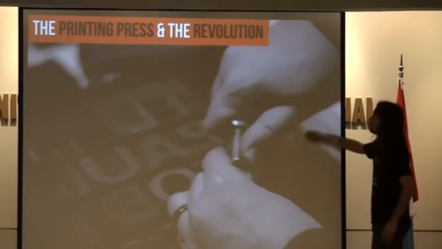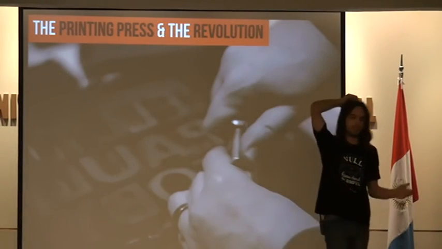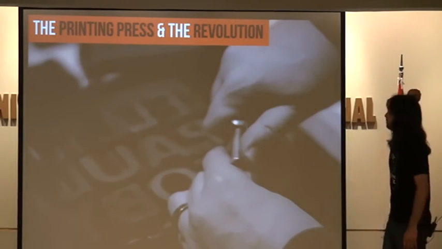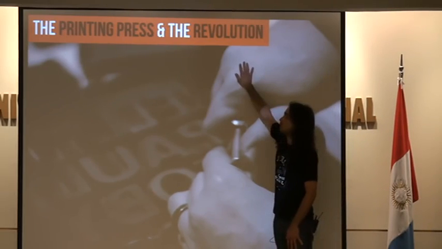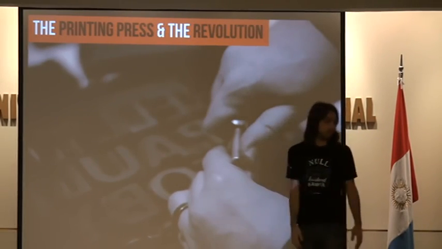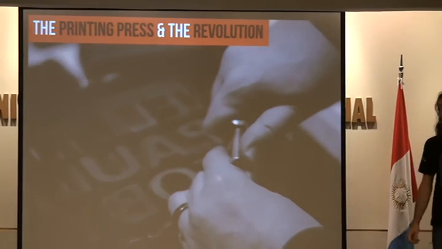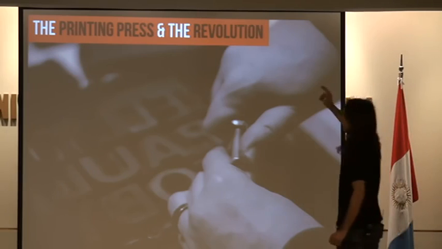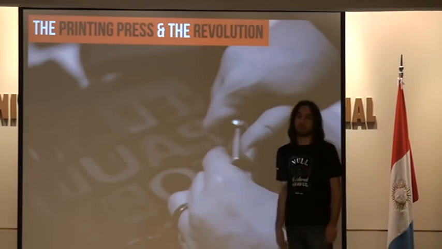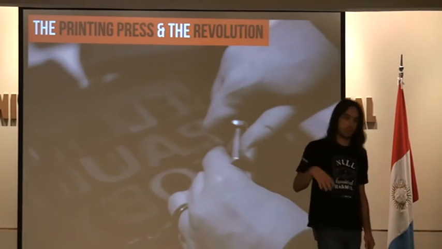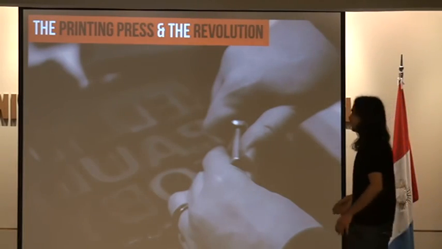And obviously paper played a big role when the printing press kicked in, and the revolution that was caused after that, mainly because paper was cheaper to manufacture. In particular, the Gutenberg press optimized that process, so more books were printed, more people had access to knowledge, more ideas were